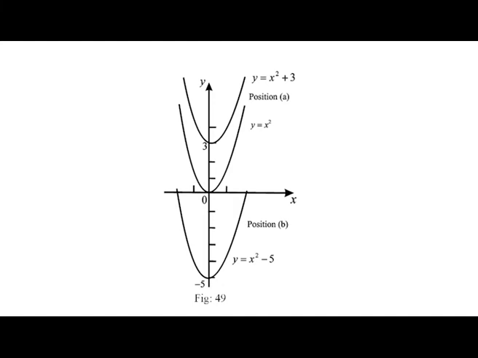As an example, adding 3 to the right hand side of the formula y = x² to get y = x² + 3 shifts the graph of the parabola y = x² up 3 units. Adding −5 to the right hand side of the formula y = x² to get y = x² − 5 shifts the graph down 5 units. Shifting to left or right. To shift the graph of y = f(x) to the left, we add a positive constant to x. To shift the graph of y = f(x) to the right, we add a negative constant to x. As an example,